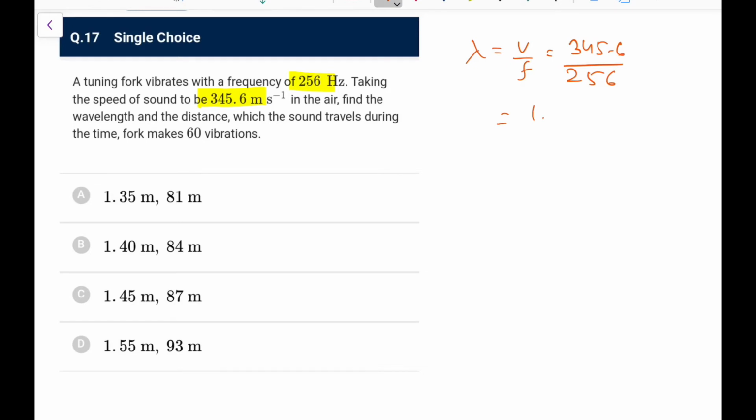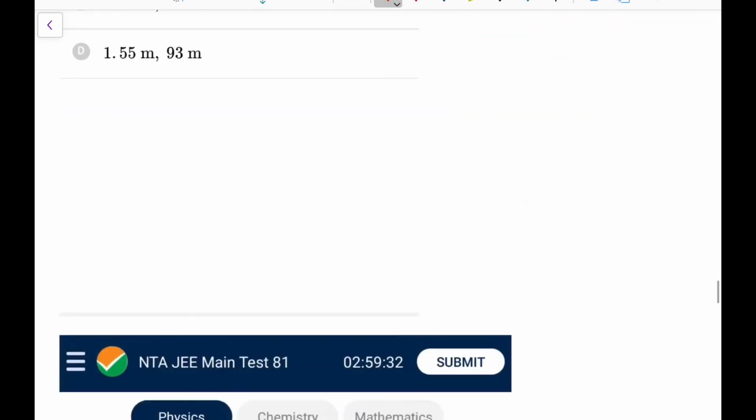So it would be 1 and 256, 345.6, I will be left with 99.4, so 994, it won't be 4, it would be 3, so 1.3 something, so it would be 1.35 meter. I'll go for lambda. So from here only one option is traveling, but find the distance it travels. So distance it travels would be how much time it will take, because it makes 60 vibrations, so it would be 60 into 1.35, because in one vibration it goes 1.35. So 6 5s are 30, 6 3s are 18, and 3 1 2, this is 81.0 meters, so go for the first option.